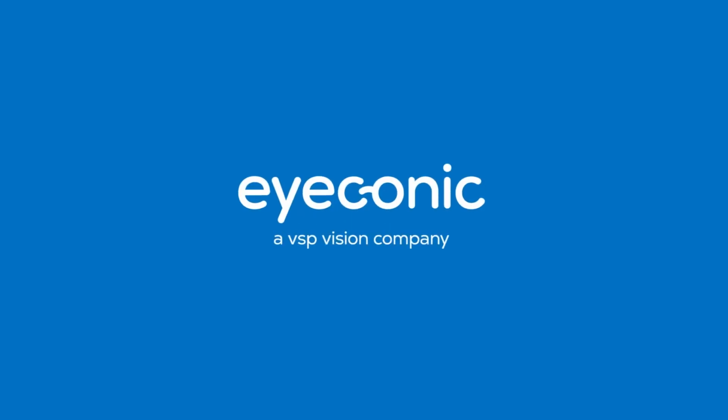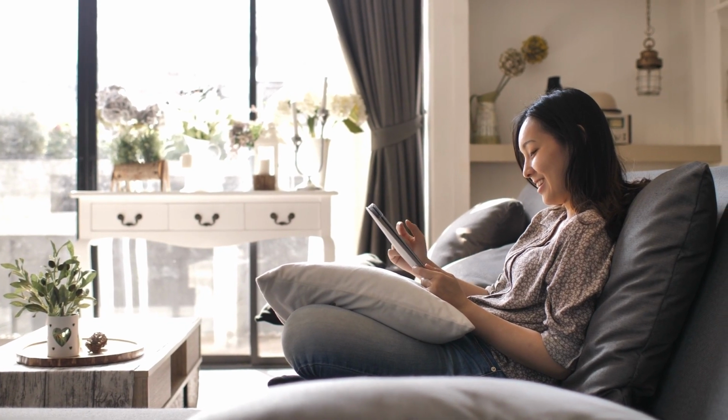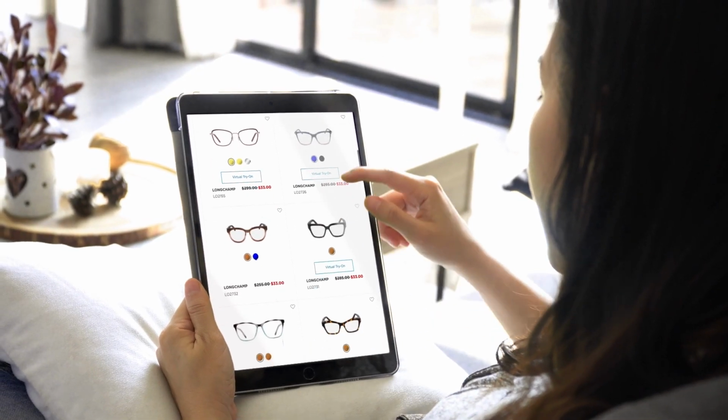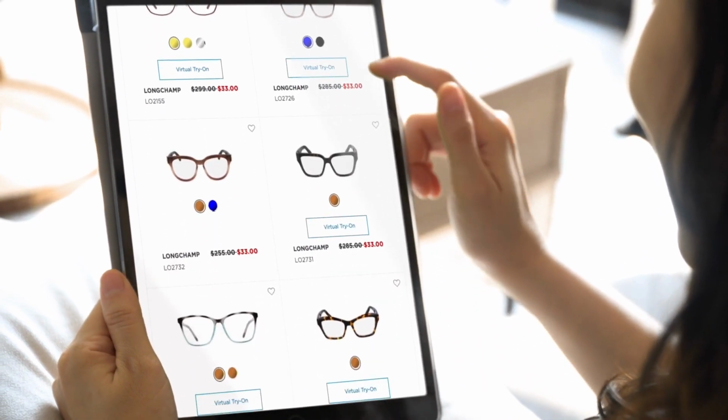Welcome to the easiest way for VSP members to use their benefits online. Eyeconic is the only online store where shoppers can see their VSP vision insurance savings as they shop. Single vision prescription lenses are always included in the price you see, so there are no unexpected surprises, just great